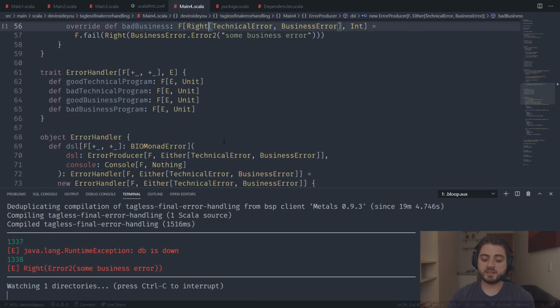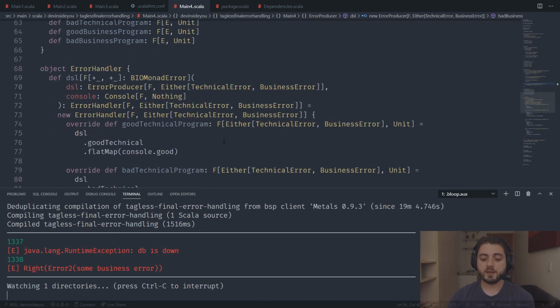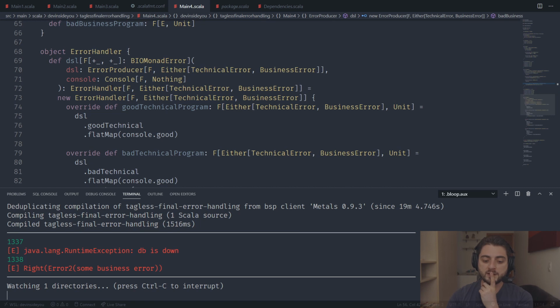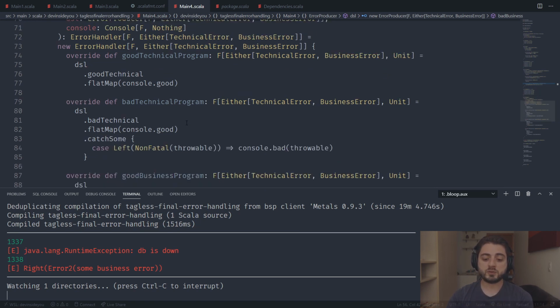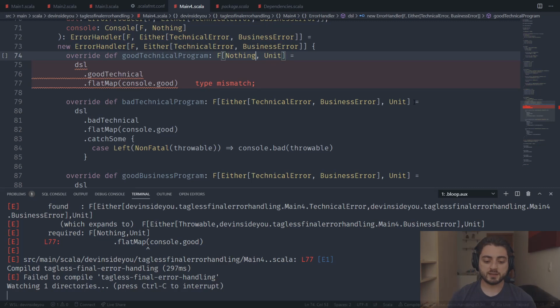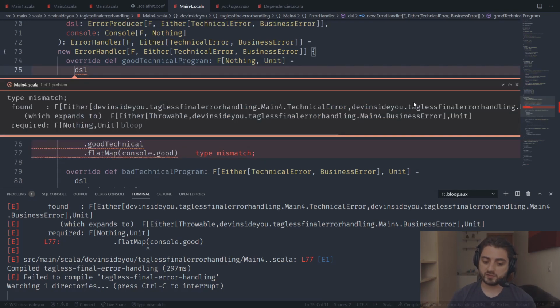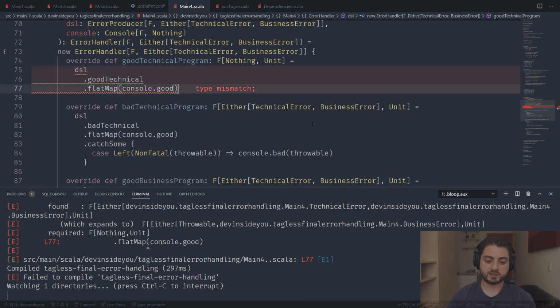The more intriguing thing is in the error handler. Now we can say, hey, sure, you can give me an error producer that will produce any sort of errors, but I'm going to make sure to handle all of them. So over here, I'm going to say that I'm going to handle all of them, and now the compiler will have your back. It's going to say, hey, you said that you're going to handle all of them, but you're not handling all of them. And so what you can do is you can go over here and say catch all,